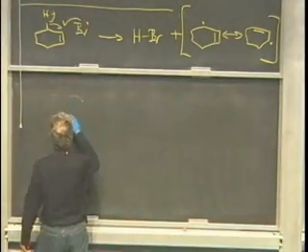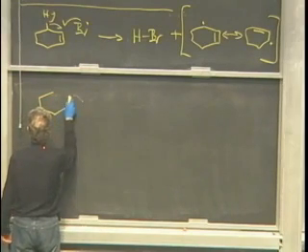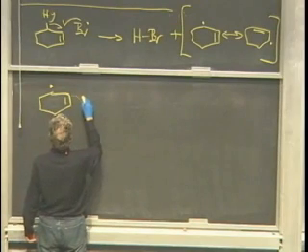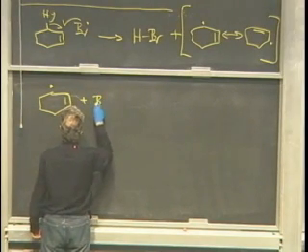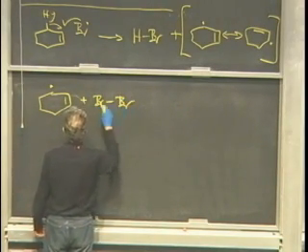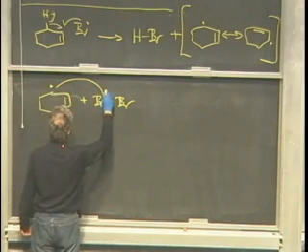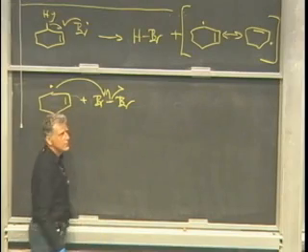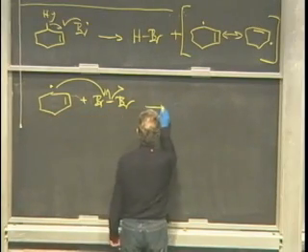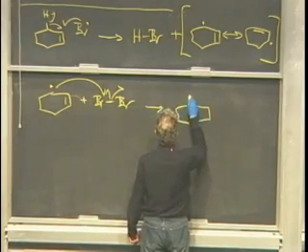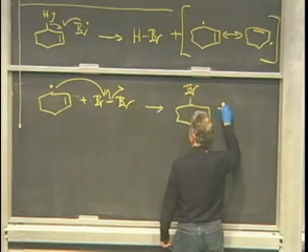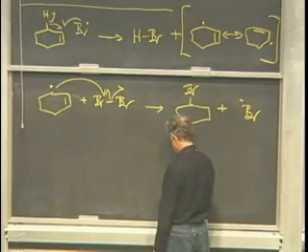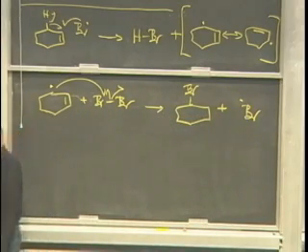Step 2 regenerates Br dot by the allylic radical reacting with bromine. You split this Br-Br bond to make the bromocyclohexene plus Br dot. And I think that's enough for a